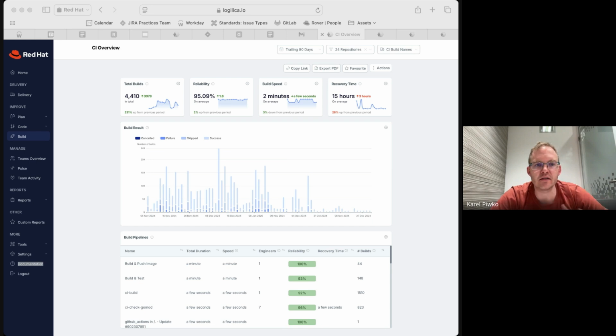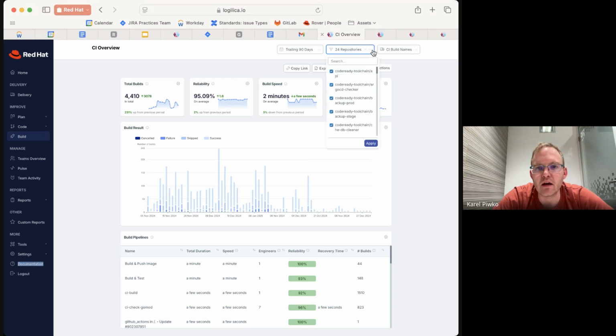For instance, with reliability, you can select specific repositories, and we don't have a way to limit this to only see the repositories that are relevant to a specific